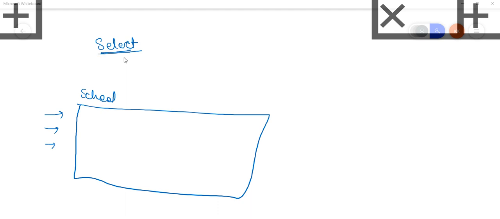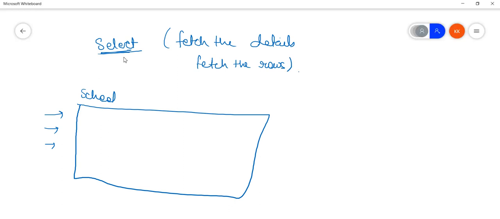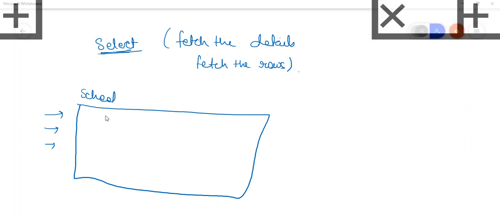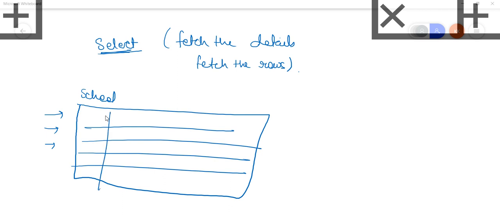And select is basically used to fetch the details, or fetch the rows. So let's say I want to select all the rows and all the columns of the school table.